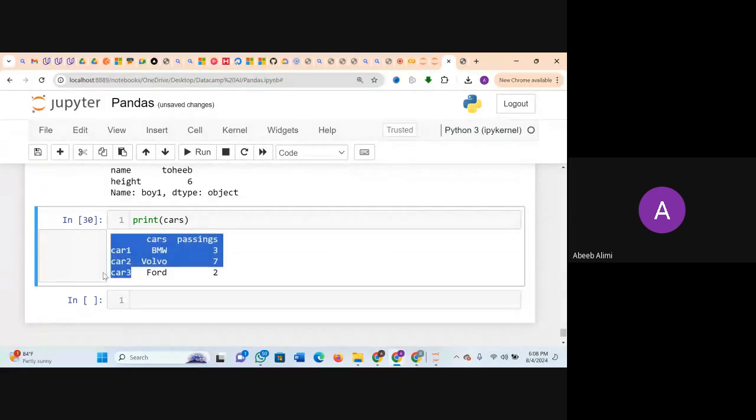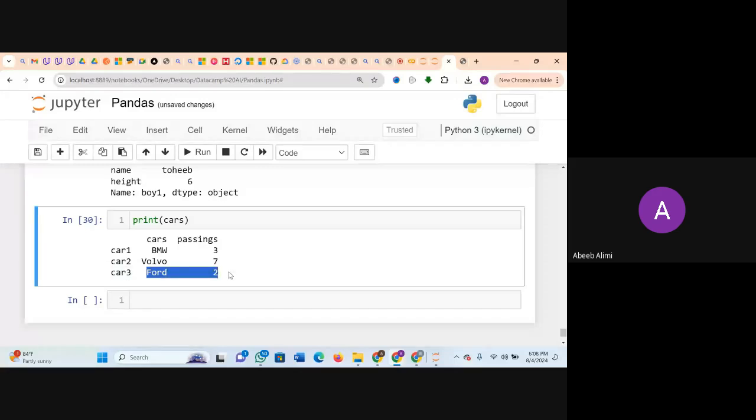If I want to print the third row with ILOC, which is the index number, I will not use car 3. What I'm going to use is 2. Do we know the reason why we are using 2?